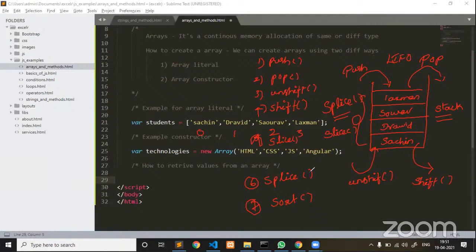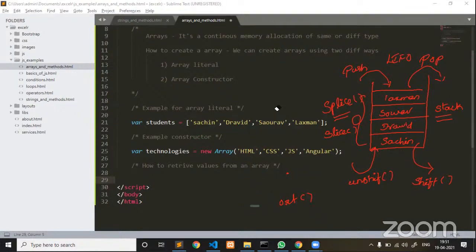Okay. Next, how are we going to retrieve values? To do that, console.log.